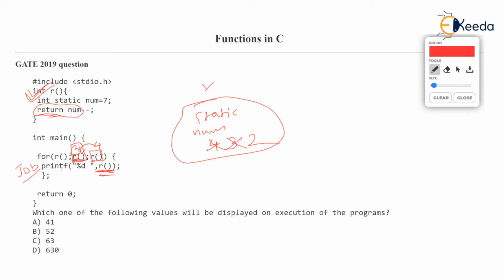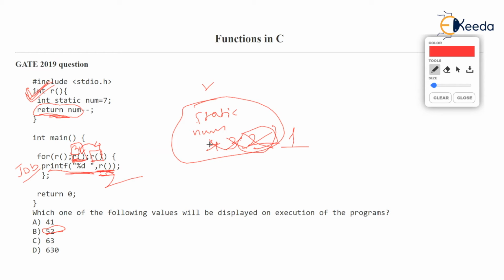So r gets called, the same function r, and it returns num again, but num this time is 2. Observe this, num is 2. So 2 is returned, and after returning 2, num will reduce, num will become 1. But what's important is this printf, which I am marking here, is going to print 2. And you note earlier output was 5. So the correct output is 5 2.